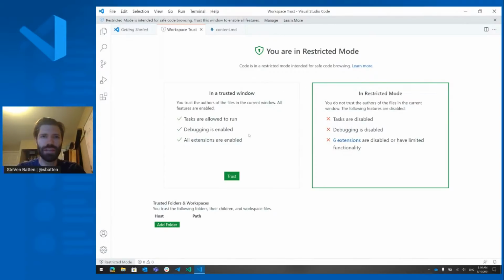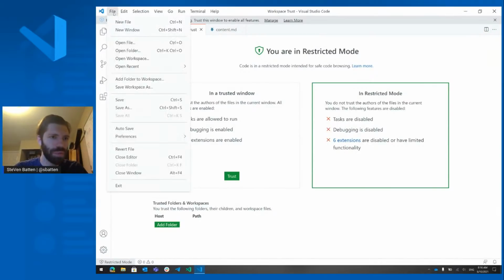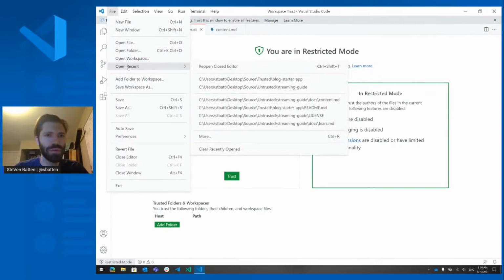A lot of people will use VS Code this way. They open VS Code and they just open random files, and that's how you can manage things. You can switch between modes in this editor here, and you can open random files and decide how you want to do things. Now I just want to show the next major way that people use VS Code, which is